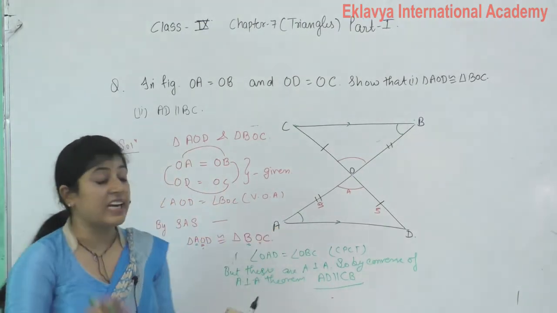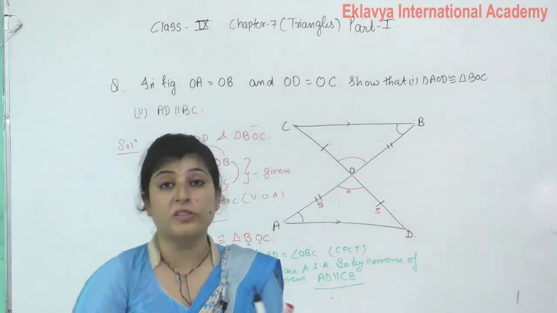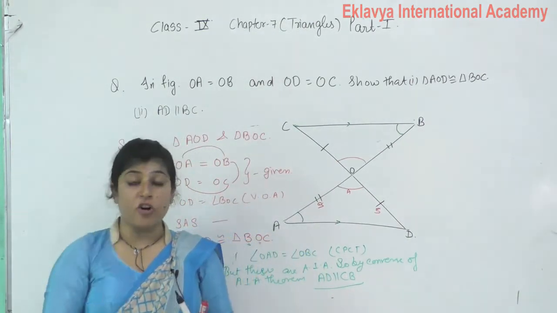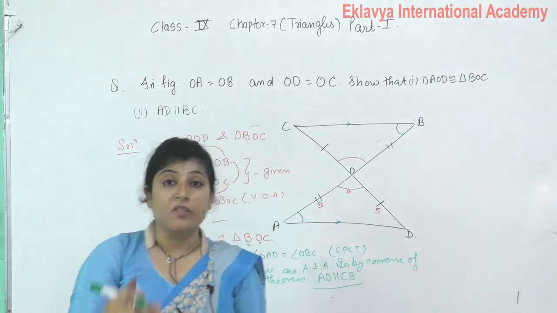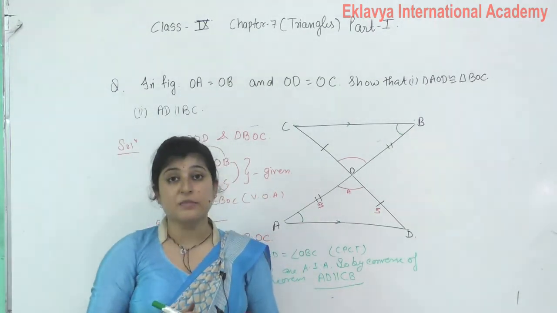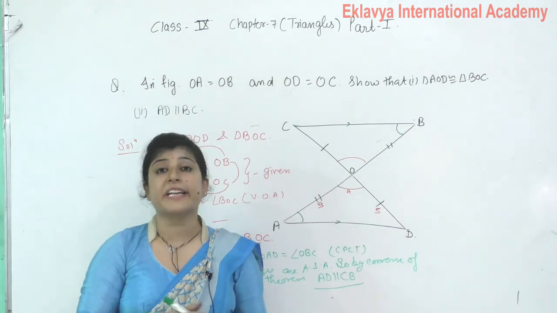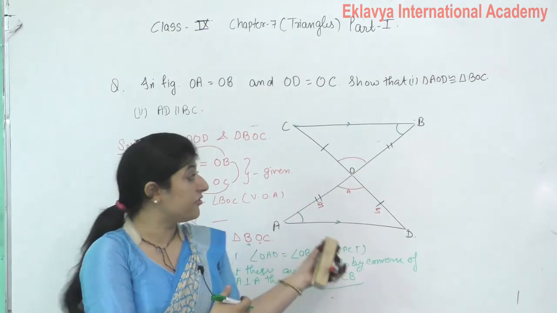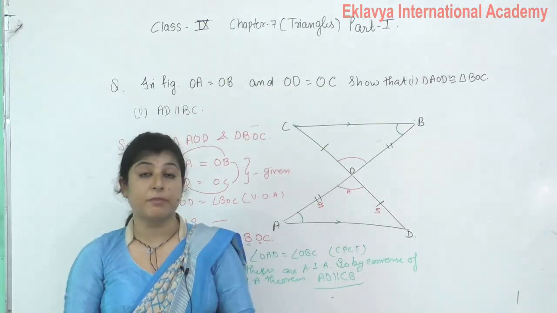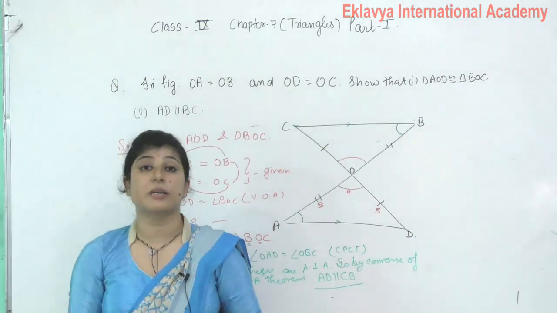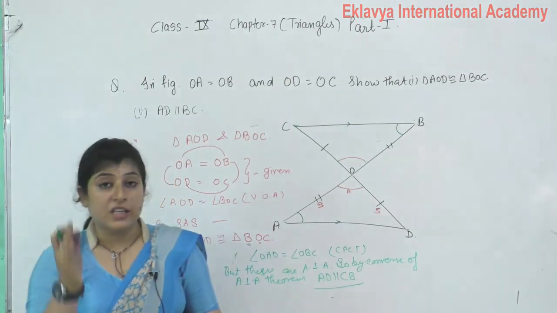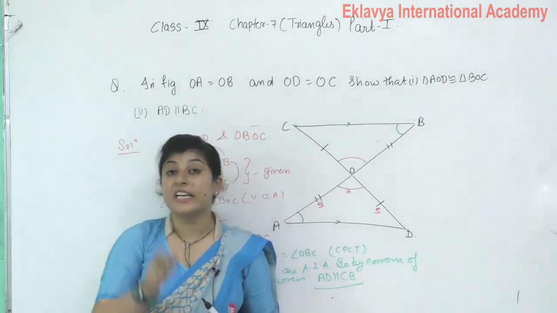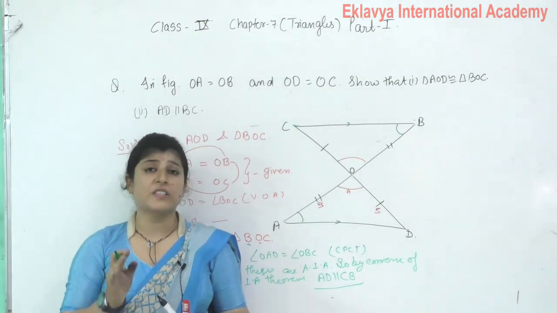Whenever we want to prove lines are parallel, then we use the concept of the converse of the alternate interior angle theorem, the converse of the corresponding angle axiom, or maybe the converse of the co-interior angle property. So remember this. And if you see properly, in the 7th chapter we are using the concept of chapter 6. So your lines and angles chapter is the basis of geometry. So do it properly and practice fully.